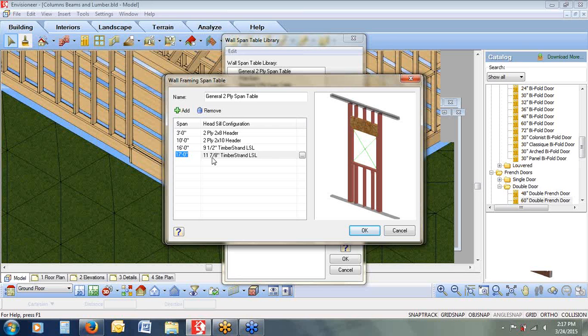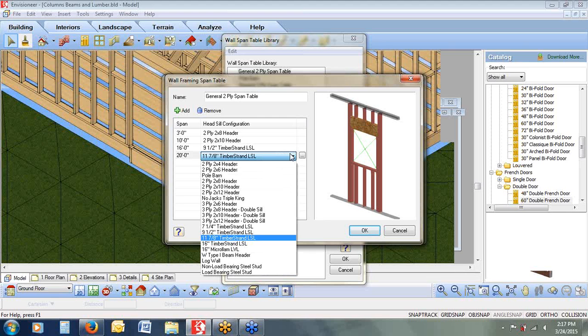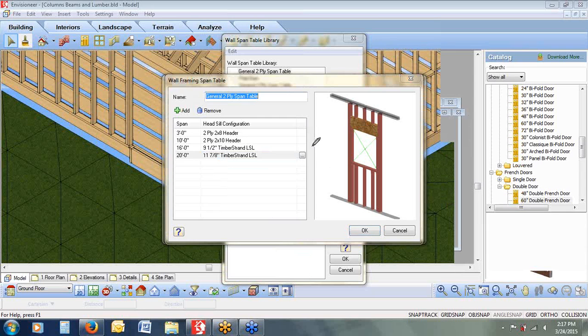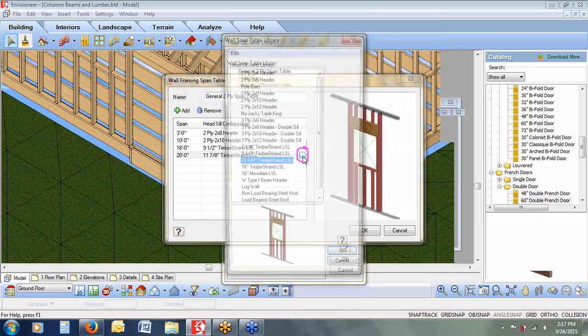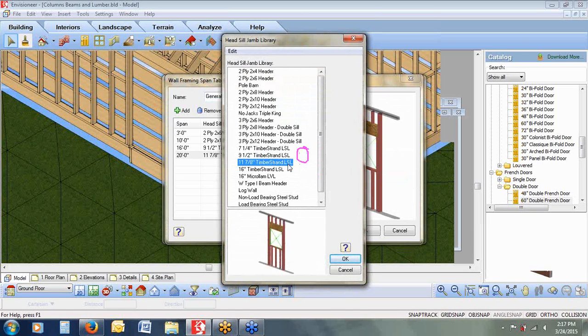If you want to customize any of these, so you wanted to bump that 17 feet up to 20 feet, and then pick a different product, you can go into the list and tell it the different product that you want to use for that particular opening. If you don't find how you'd like to frame it, notice the little button that appears over to the right. That little button right there allows you to go in and create a whole new configuration of how you want to frame your openings. So I'm going to click on that little button, and it takes me into the list